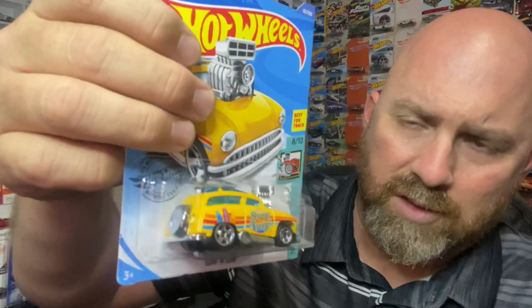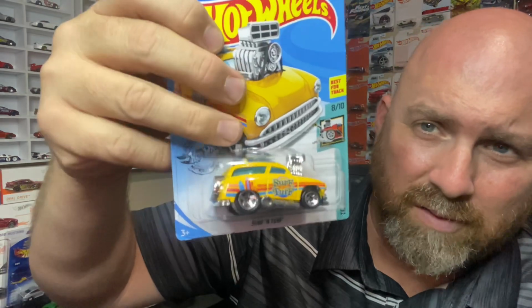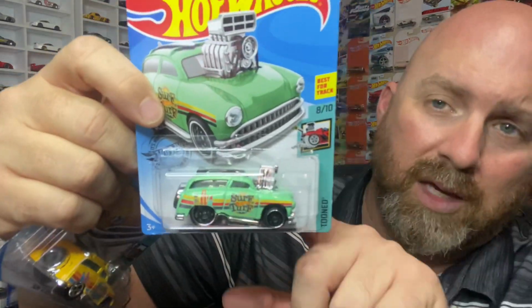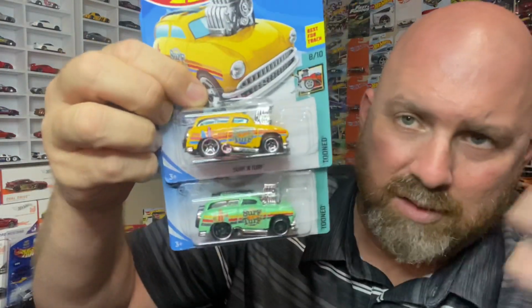So I found, now I believe both of these, and I haven't looked at it because this is an E-Case Surf and Turf. I believe this is just the 2020 E-Case Surf and Turf, but I'll confirm that. I'm pretty sure that's what it is. 2020 E-Case Surf and Turf in the yellow, and then this is an M-Case color variation of the 2020 M-Case Surf and Turf. So here's another. Like I said, there's 8